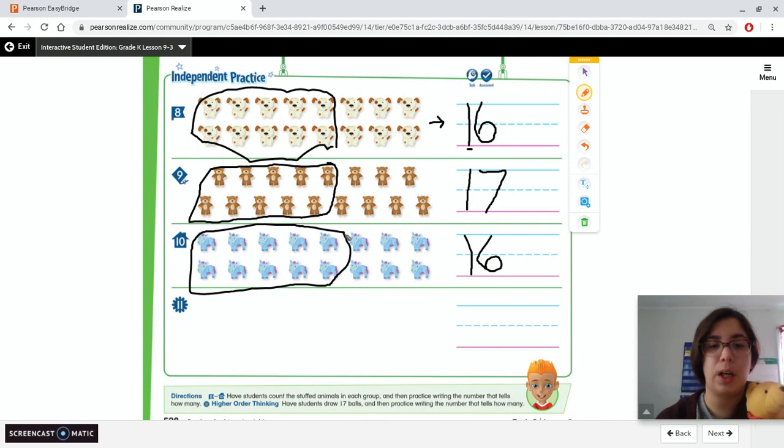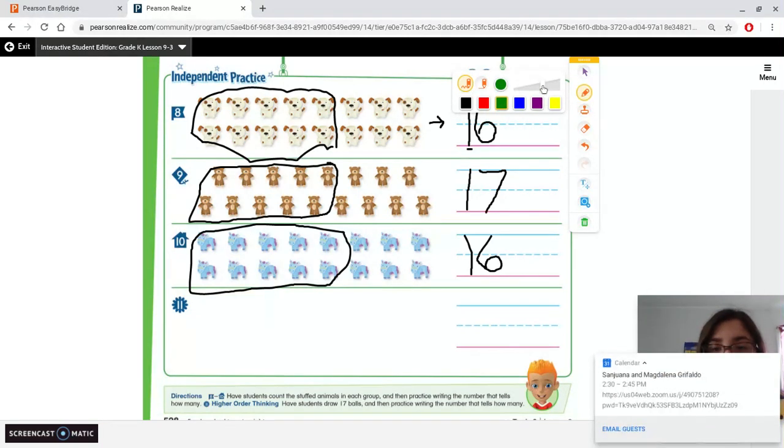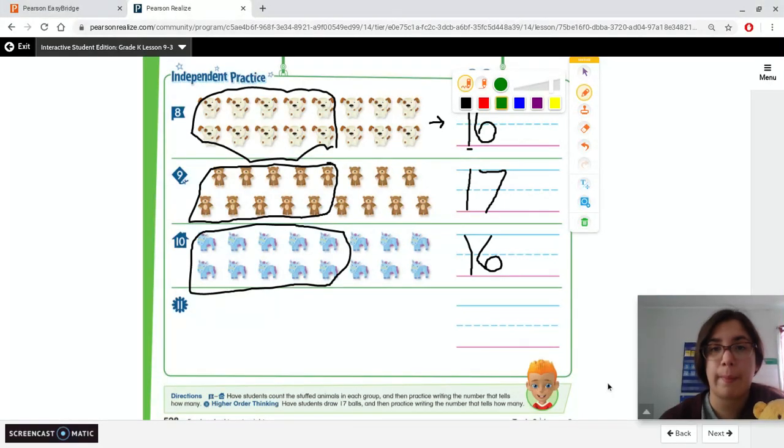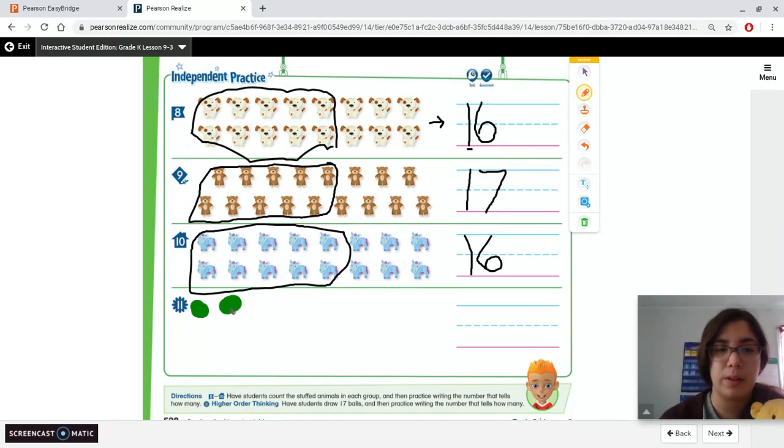Great. Our last problem. Draw 17 balls and then write the number that tells how many. So 17 balls. Let's go ahead with some green today. We'll make them really big so we can just make dots. Right? 17. So count with me. 1. You want to make this a little bit bigger. 2,